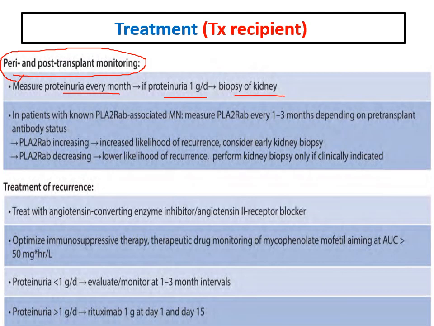In patients with phospholipase A2 receptor antibody associated membranous with positive antibody, we should measure the assay every 1 to 3 months, depending on the pre-transplant antibody assay. If the assay is increasing, there is increasing risk of recurrence, and we should consider kidney biopsy at an earlier phase. If the assay is decreasing, there is a lower likelihood of